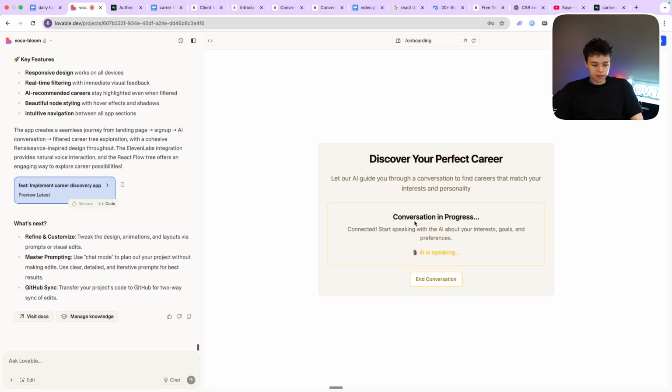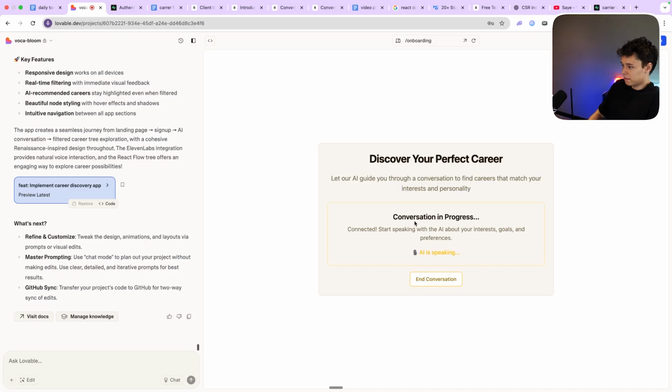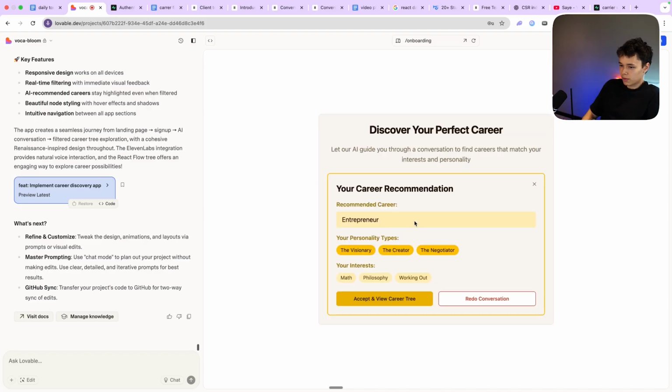Okay, a longevity startup sounds interesting. Or, given what you said about the interests, an AI startup? An AI startup is also a great idea. Given your interest in math, that could be a good fit. So, between a longevity startup and an AI startup, do you have a preference? Let's go with AI startup. Okay, that sounds great. So, I'm going to go ahead and lock in entrepreneur as your career and AI as your field. I'll also include your interests and personality traits.